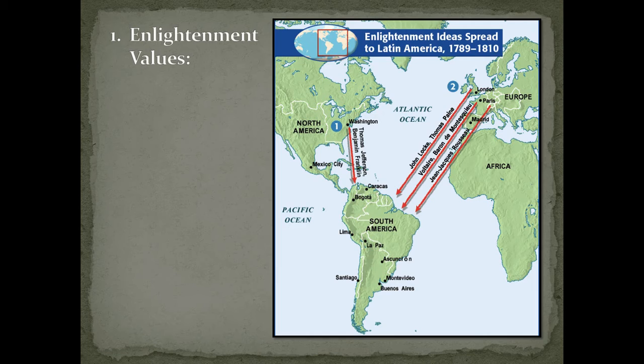Again, it shouldn't be a surprise for every one of these Atlantic revolutions, the Enlightenment plays a critical role in inspiring revolutions. It also helps to guide the thought process behind creating new governments in these Atlantic revolution nations, those nations that experience the Atlantic revolution. So right now, think of what some of those Enlightenment values are. Just jot them down, or at least think through what are some of the key Enlightenment values that are floating through here in the Atlantic world.